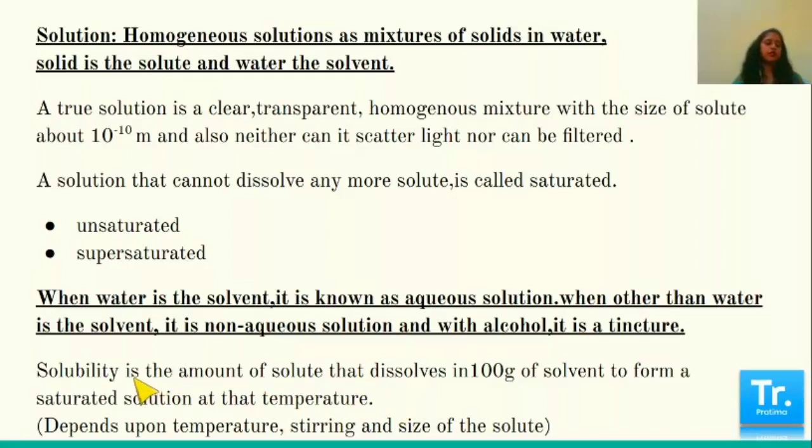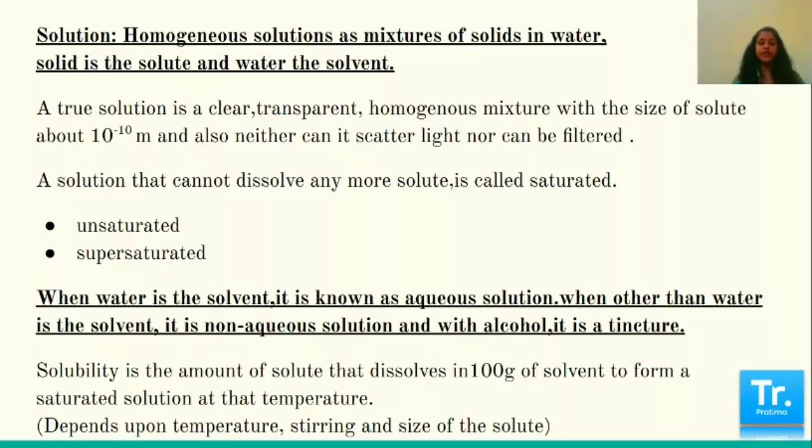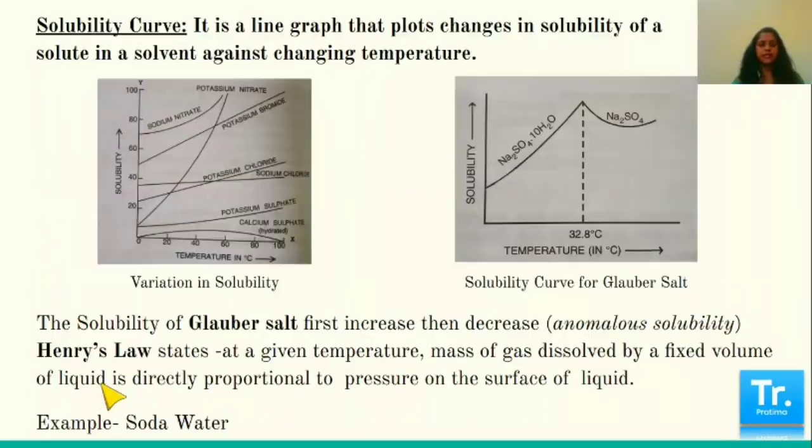Now when we talk about solubility, there are 3 more factors. One is temperature, which I discussed just now, then stirring and size of solute. I will explain. Suppose you take a glass of water and add 1 spoon of sugar crystals, and in another glass of water you take 1 spoon of powdered sugar. Definitely the powdered sugar will dissolve faster. If you are doing it with constant stirring, even then the solubility is faster. If you are doing it with an increase in temperature, even then the solubility is more. So these are the 3 factors which alter the solubility.